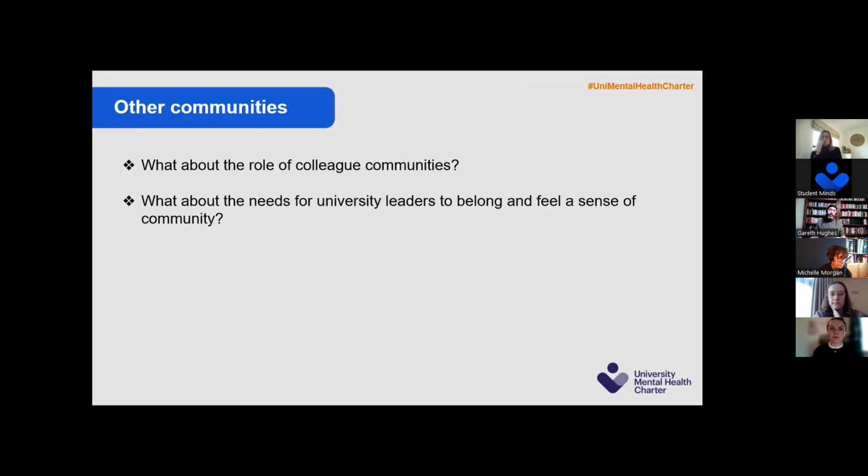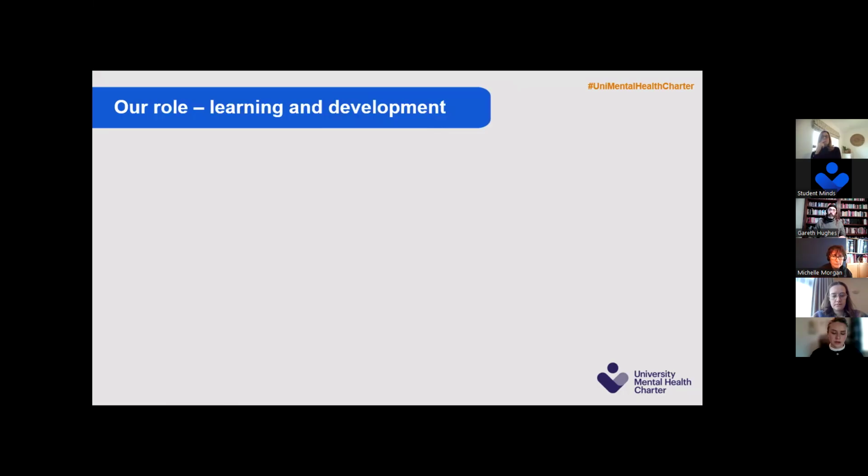That also then means we need to extend our thinking potentially to areas we might not think about naturally, which is also, what about our leaders? Do our leaders feel that they're part of a community? Do our leaders feel that they're leaders of a community? Or do they feel disconnected and divorced from all of that as well? And actually, is that then a problem? Because if they are, then they may not understand the needs of their community in the same way. And as I talked about earlier, the students who are often forgotten.